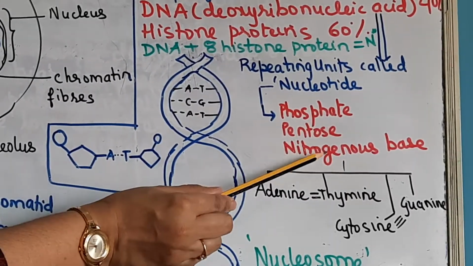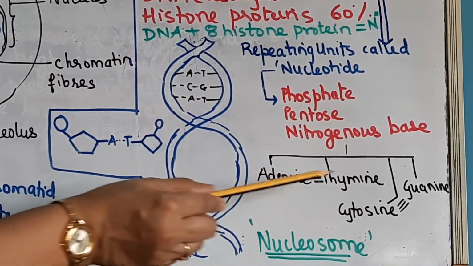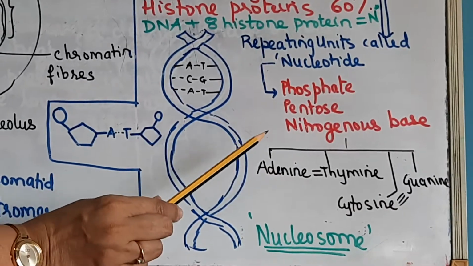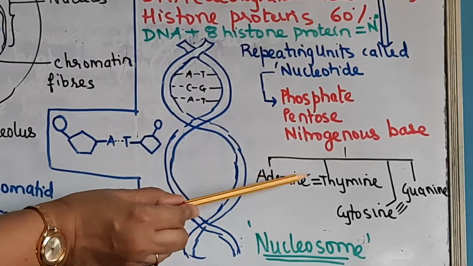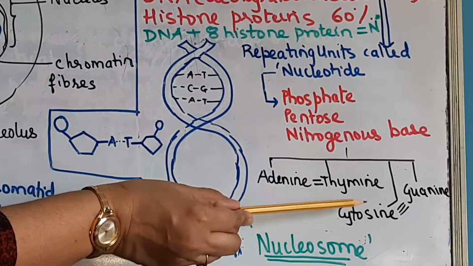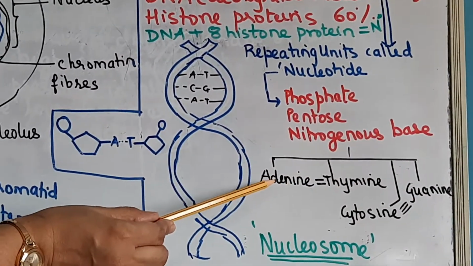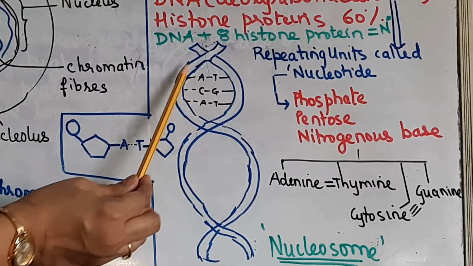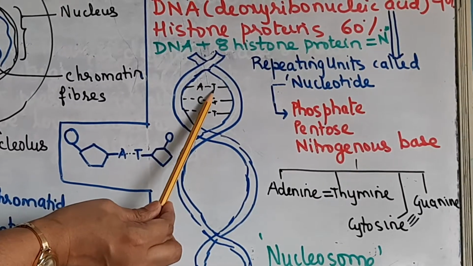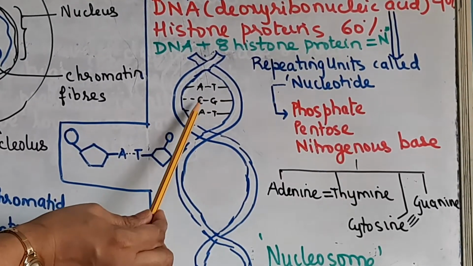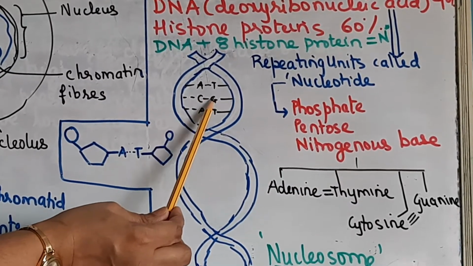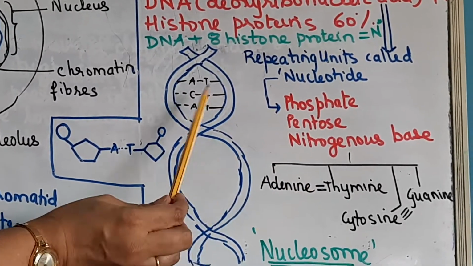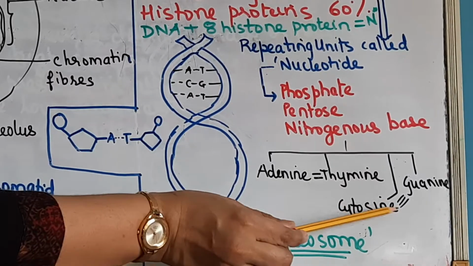Now these nitrogenous bases in turn are of 4 types: adenine, thymine, cytosine and guanine. These you have to remember, some question on this is asked every year. So the 4 different nitrogenous bases are adenine, thymine, cytosine and guanine. Out of these, adenine will always pair with thymine, meaning what? If one adenine comes from this strand, in the other strand it has to be thymine. If the next is cytosine, it will always pair with guanine. So adenine pairs with thymine by 2 hydrogen bonds and cytosine pairs with guanine by 3 hydrogen bonds.